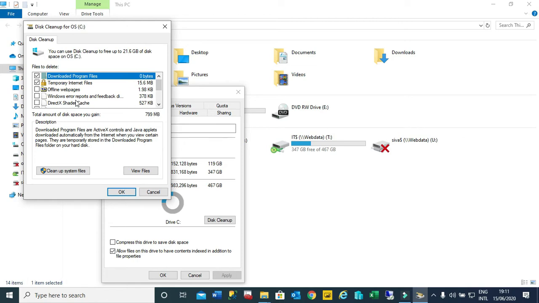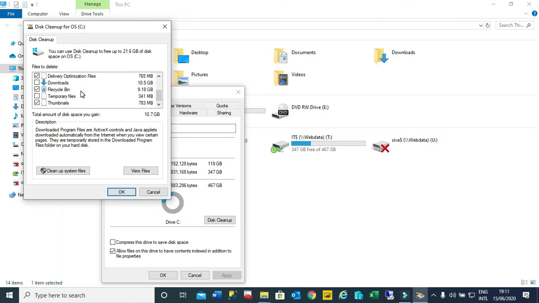799 MB is very less, but if you scroll down through offline web pages and all these which are not required, and if you see the downloads, whatever we download goes and sits in the downloads folder. This is showing 10.5 GB of data you can clean up. In case you feel whatever you downloaded is very important and you have kept it, then ignore this and go to the recycle bin. Whatever you delete over a period of time, maybe 1 year, 2 years, everything is sitting in the recycle bin. This recycle bin is also occupying the C drive space.